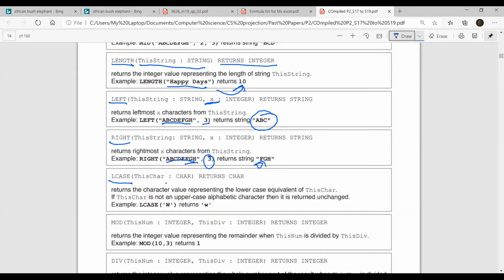LCASE makes the character passed into a lowercase. Now here, keep this in mind that the examiner has mentioned this LCASE as a single character parameter being passed over here and a single character is returned. So if capital W is being given over here as a parameter, small w is returned. But in this paper, we'll keep this lowercase for a single character. Keep this in mind. ऊपर अगर कहीं पेपर में क्वेश्चन आ रहा है तो